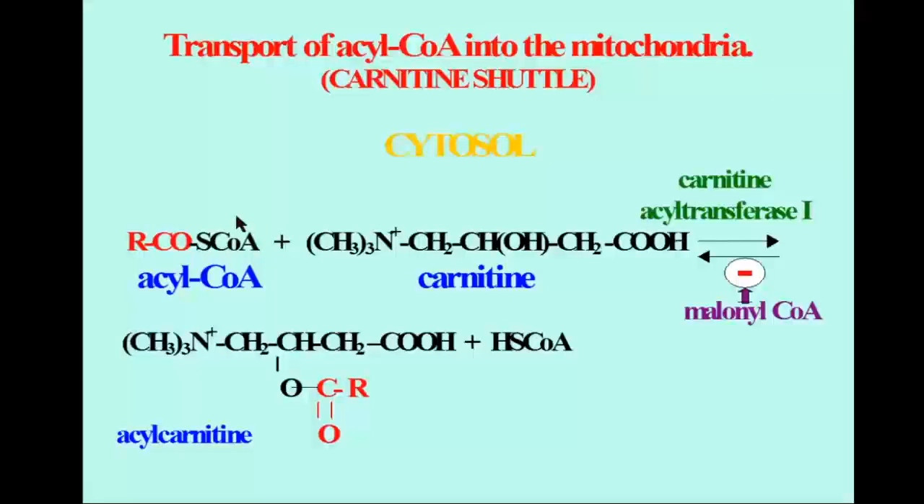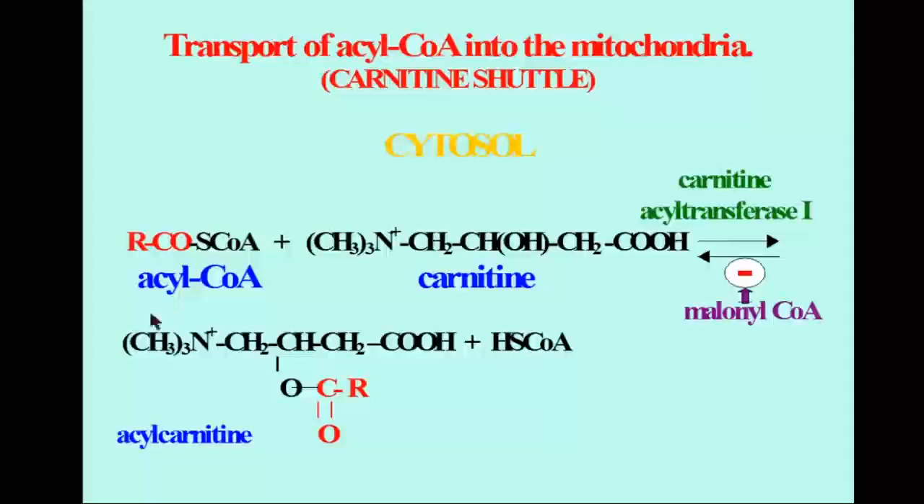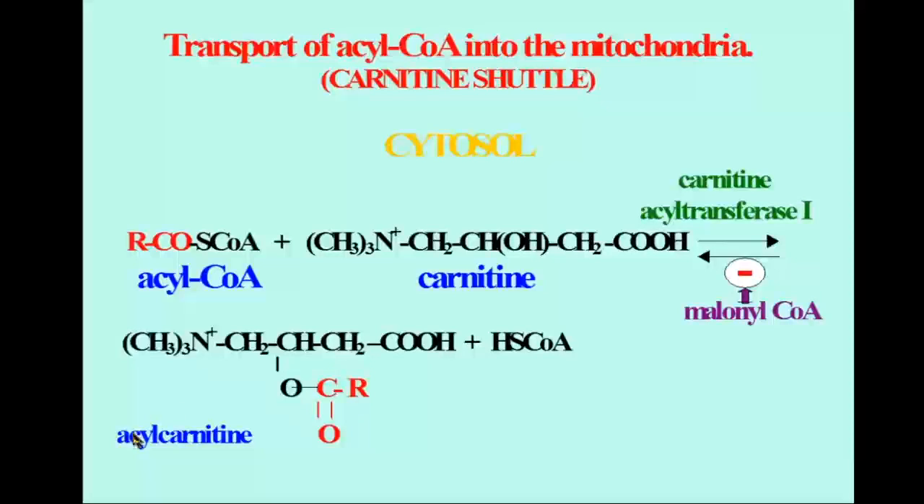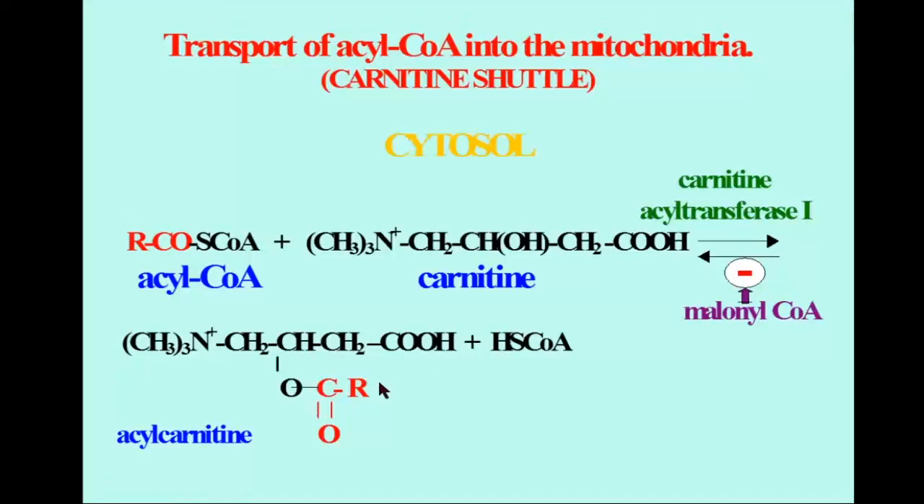So acyl-CoA, the already activated fatty acid, interacts with carnitine and is attached through the alcoholic group, by an ester bond, to our carnitine. We will obtain acylcarnitine, and this is the form in which this hidden fatty acid tail will go through the